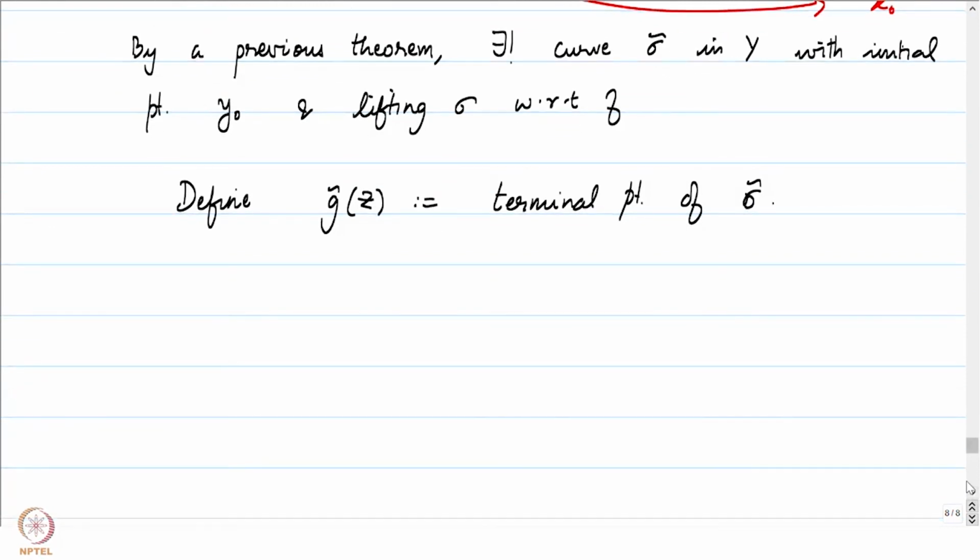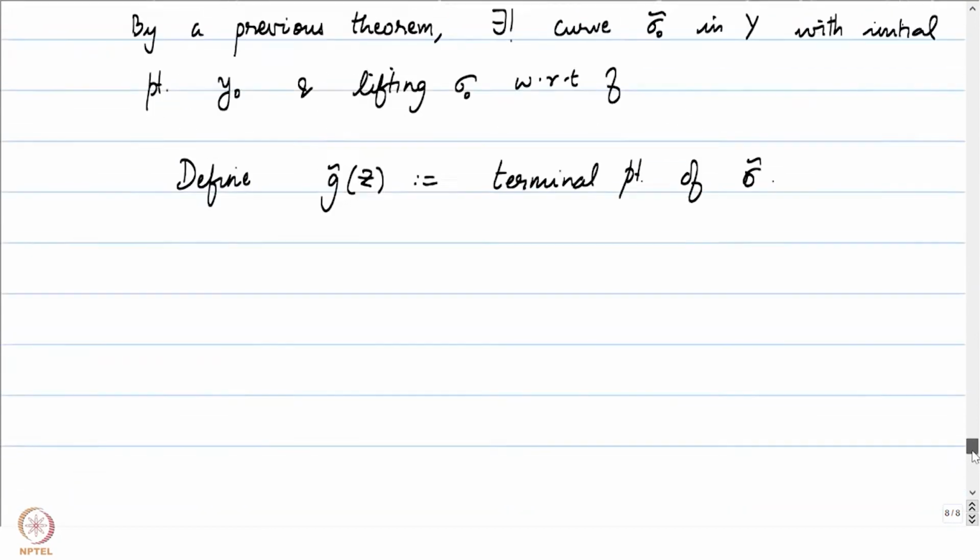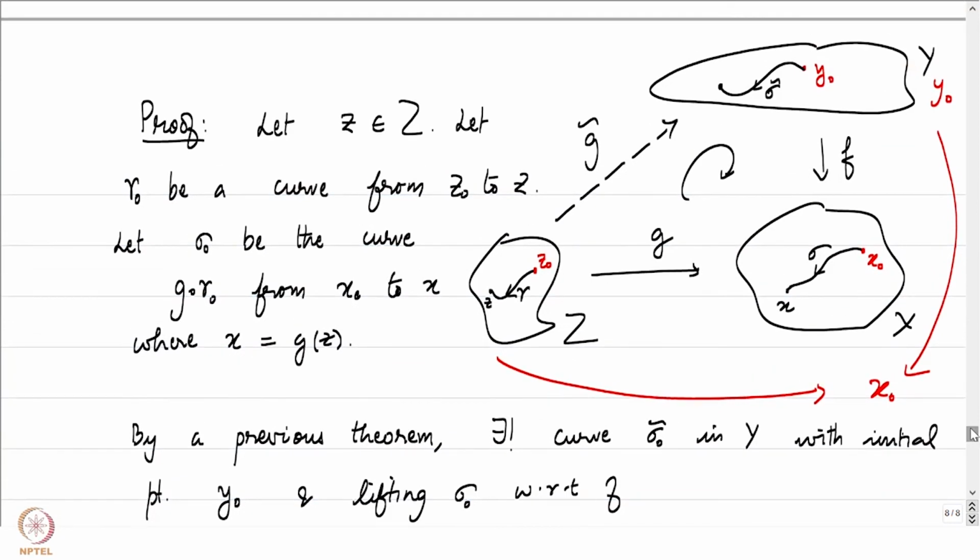But then yes, there are many questions that immediately come up. The first question is, why would such a function g be well defined at all? It very much depends on the curve gamma we picked. There was nothing special about the curve gamma that we picked here, right? The gamma was some arbitrary curve from z0 to z1. If we had picked some other, let's call this gamma 0, so this is the first curve, we are going to now take one more curve, gamma 1 from z0 to z, and we will show that it doesn't really matter.